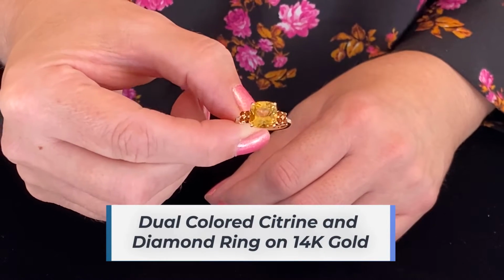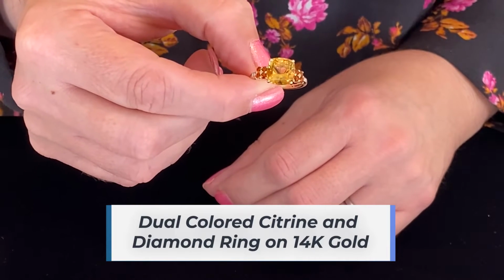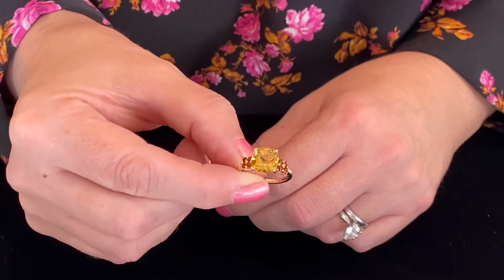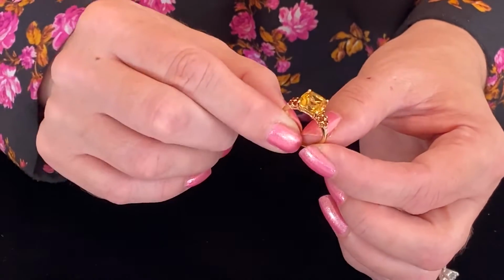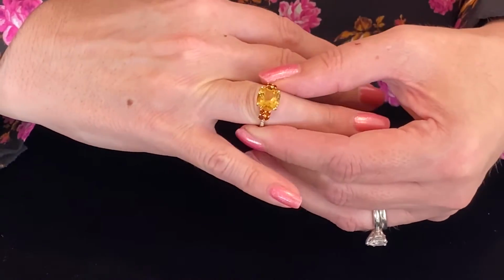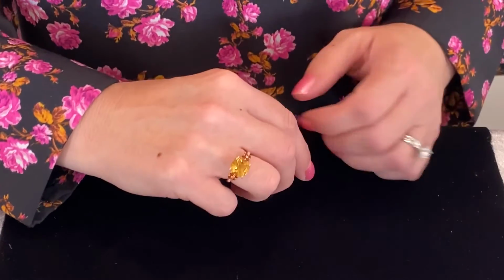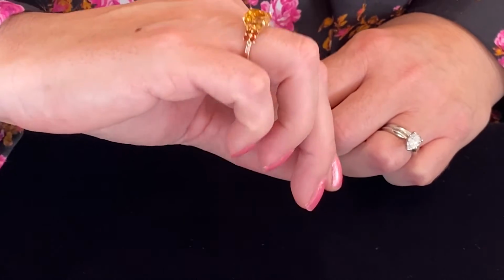So now our center stone is a square cut. It is a 9 by 9. That is quite lovely. Oh, there's really pretty color saturation showing through. Let's see if it fits. And it does. Oh, so your center stone here is the traditional citrine that we see, but it's flanked or